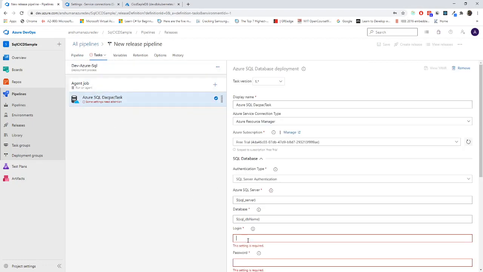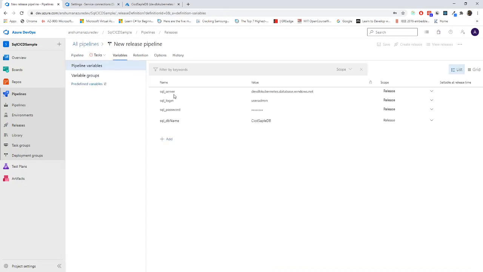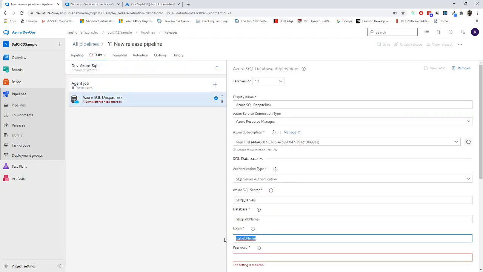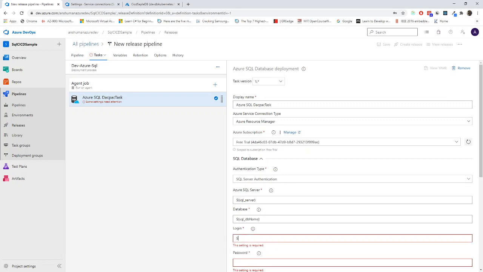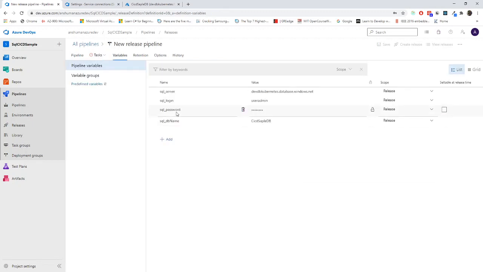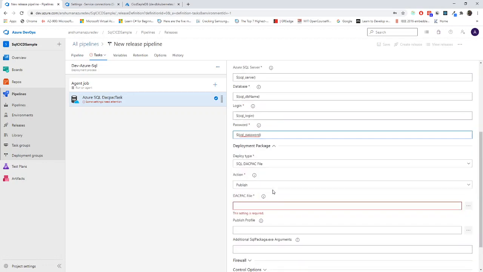That's it. I'll copy SQL login, go over here, SQL login, and then the last one, SQL password. Okay, everything looks good.